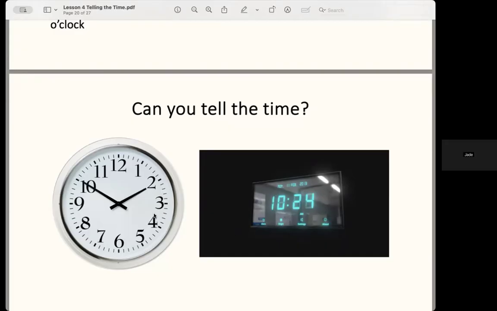So how about we say, if you're a beginner in English, you just tell us the first way that you know how to tell the time. And maybe if you want to extend your English, you can say it in different ways. You can say it in the analog way or the digital way. How about that?